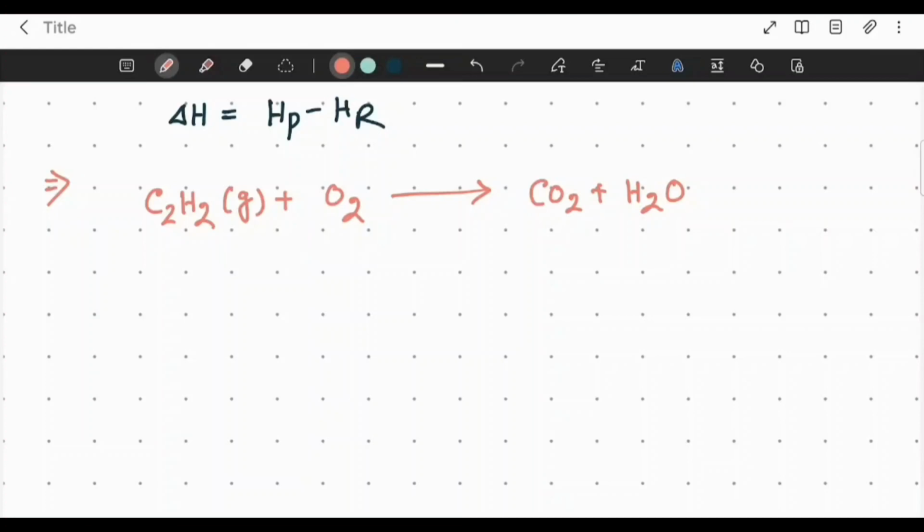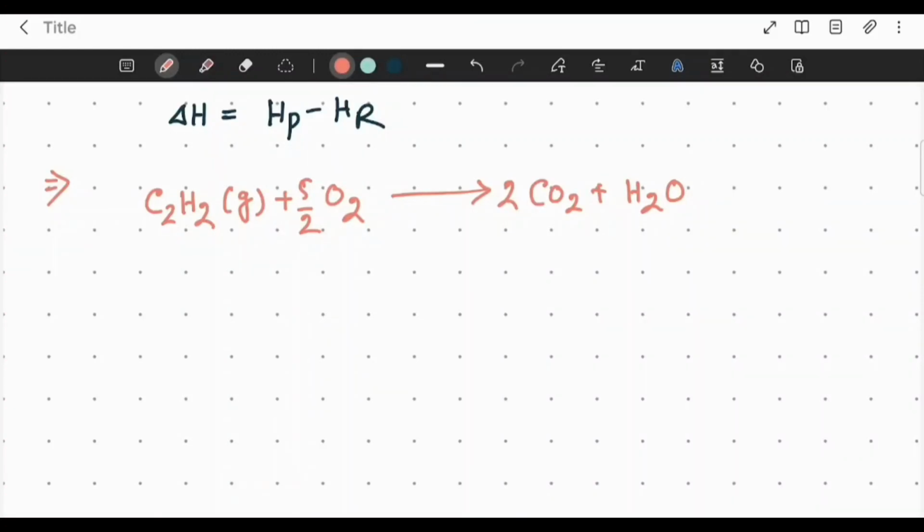Now you have to balance the equation. So if you balance it, then eventually 2 will be multiplied there, then it will be 5 by 2 O2. Okay, so this is the overall process. This is the combustion process. You have to first balance the equation. After balancing the equation, you can